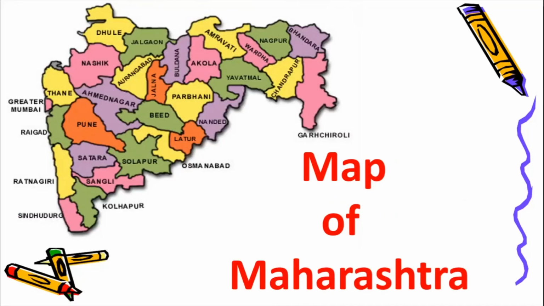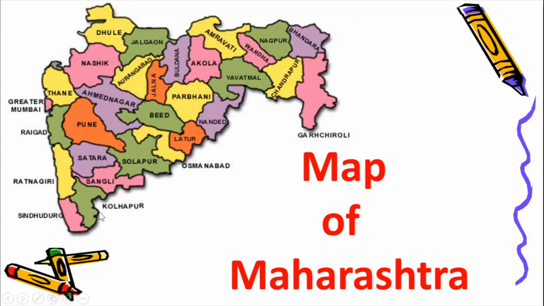Then this is a map of Maharashtra. So on this map you will see all the districts in Maharashtra. And where are we? Some of us are in Mumbai, some of us are in Thane, some of us might be here in Akola, some of you might be in Solapur, Nagpur, Bhandara, etc. So this is a map of the state of Maharashtra showing you all the districts.